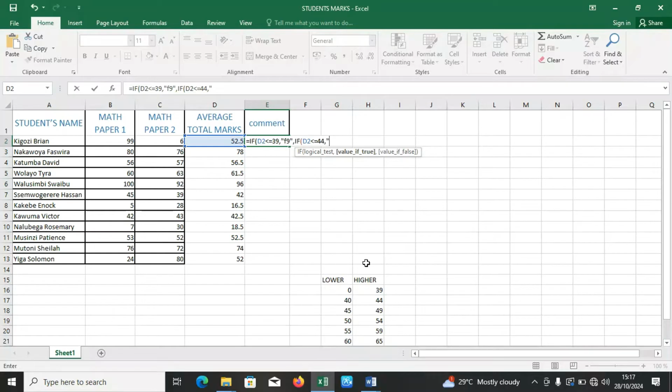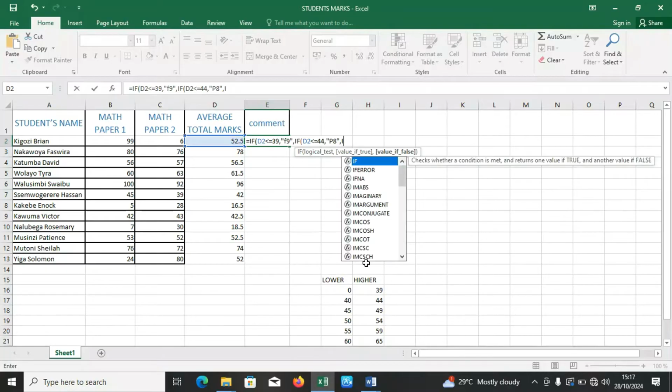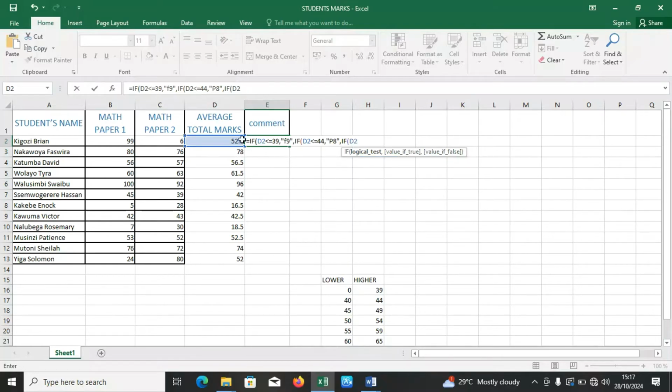It means this will be a pass 8. Pass 8. Close quotations, put a comma, say if, again, open brackets, D2, which is this value, is less or